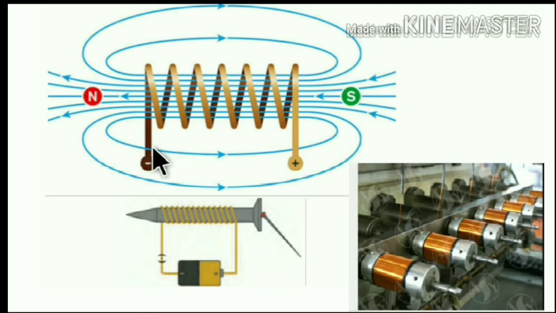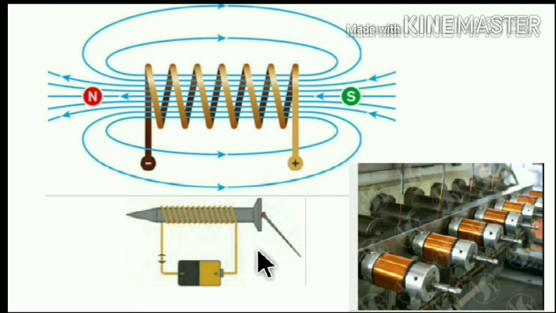This is a solenoid, with a north pole and a south pole. You studied in the previous standard the experiment of the iron nail. The nail is covered with a spring-like copper coil, and the two ends of this copper coil are attached to the battery. Then magnetism is produced in this nail and the pins are attracted toward the magnet. But when we cut the current, the magnetism vanishes.